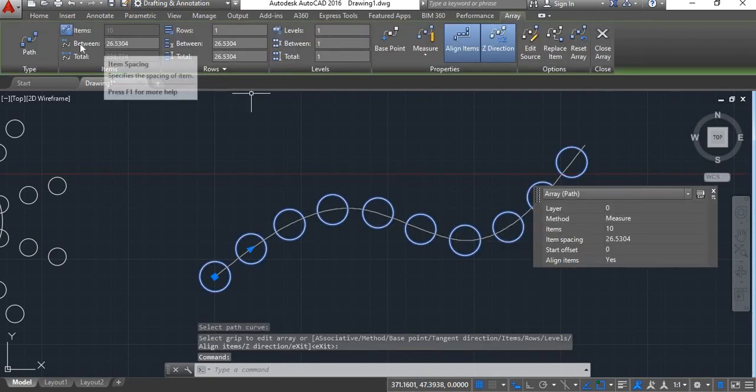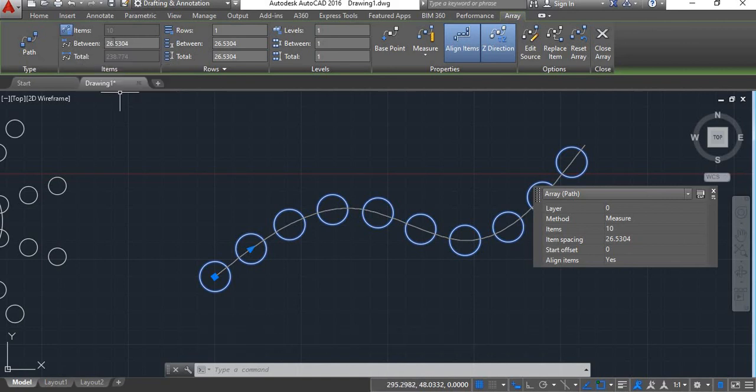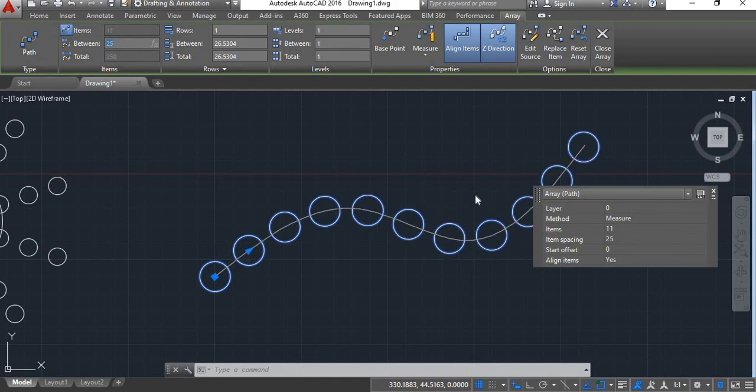Now here you can see this dialog box. You can give here the distance between these two objects. I'll give here 25. Say enter. It has come closer. Also you can make the rows of this object. Change here, I want 3 rows. I'll give it 3.